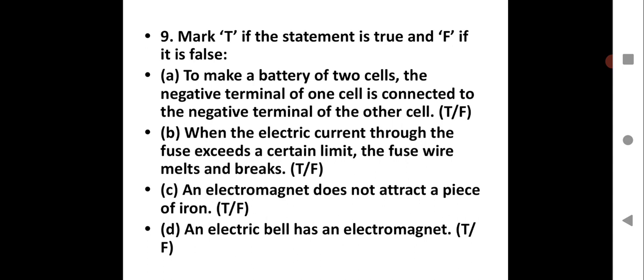So the iron piece or iron object that you are making an electromagnet will behave like a magnet in the presence of electric current, and that will help to attract the other iron pieces or objects. That is one very good application, as I told you, being used in cranes to lift heavy iron objects and all.